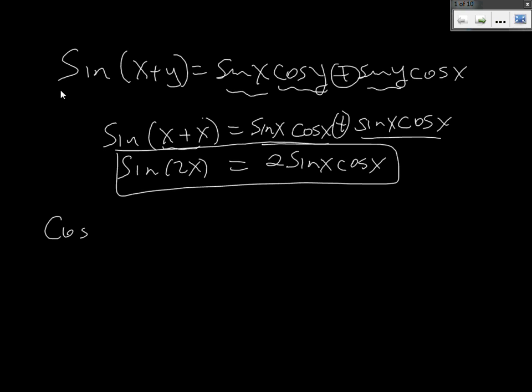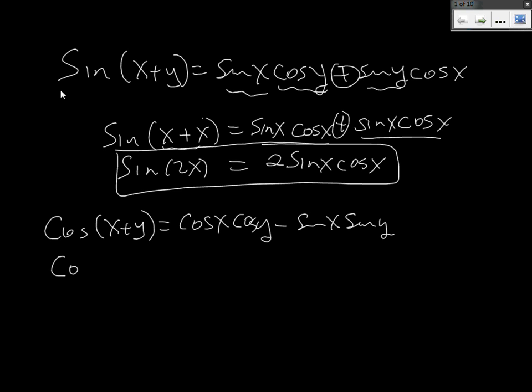Now, we know that the cosine of x plus y is cosine x cosine y, sine x sine y. Just have to decide what goes in the middle. Actually, minus goes in the middle. Now, if I happen to replace y with x, well then I should get cosine